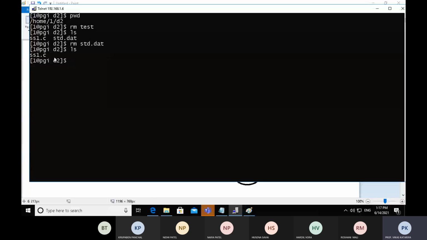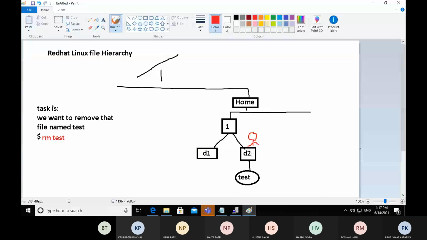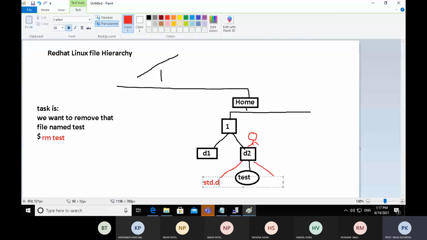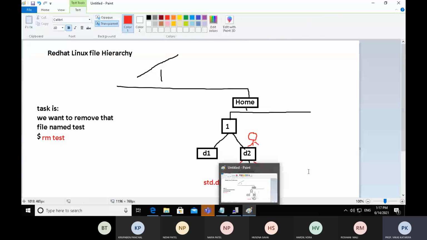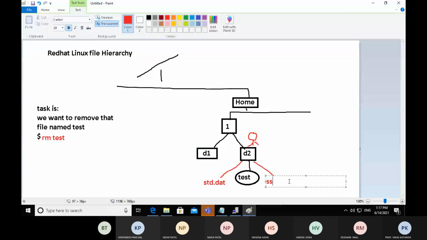Now in the D2 directory, there is only a single file named ss1.c. Before, in the D2 directory, there were three files: test, std.date, and another ss1.c.